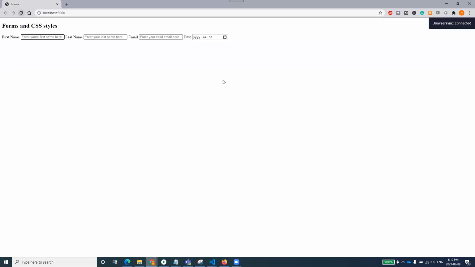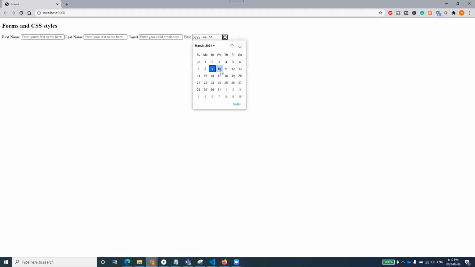If you see here, now we have got this form, and this date format over here and this little calendar. It means the user will never be filling out the wrong information, and they have this calendar feature. They will just use the calendar and enter their date or whatever they want. So that's a very good hint.